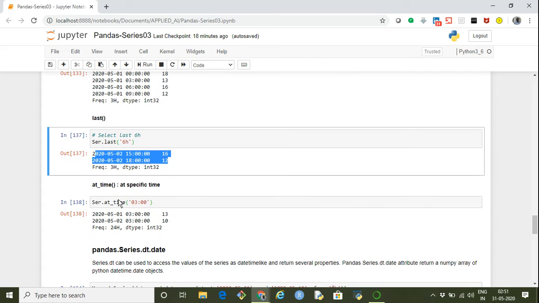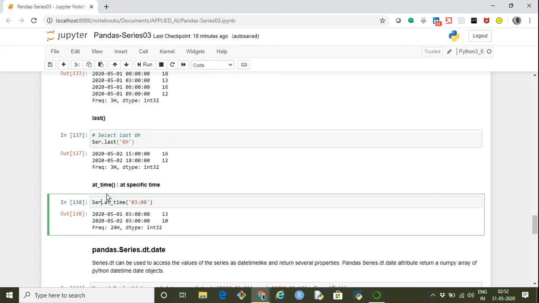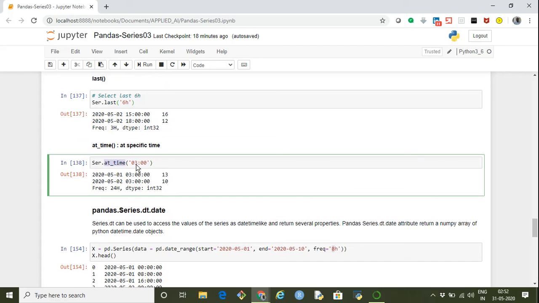If you want to select data from a series at a specific time, then we can use ser.at_time, and we specify the time here. So 3:00 hours means all the records which fall at 3 a.m. are returned. We have two records returned from it.